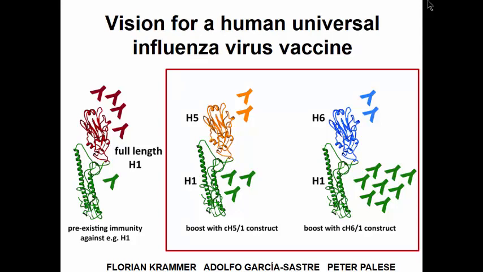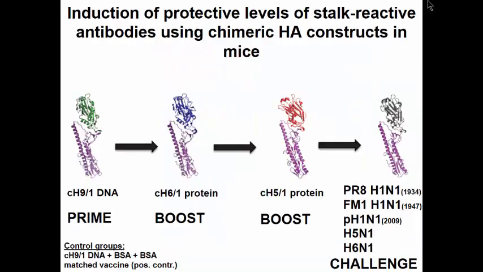Now, mice are not humans. We understand that mice are not men, and also, as you will see, ferrets are not humans, but it works beautifully in mice. Now, mice are all naive, so we have to actually give them some dose here. We have to prime them, and we prime them with a DNA, in this case a chimeric H9. And what we want to show here is that by immunizing against the stalk of an H1, we get complete protection.